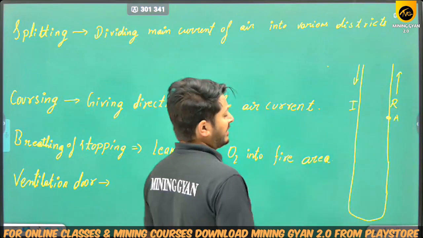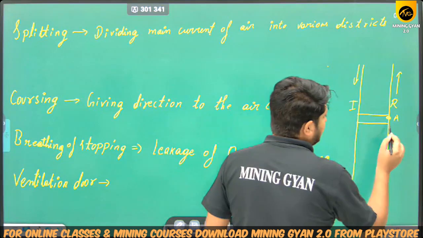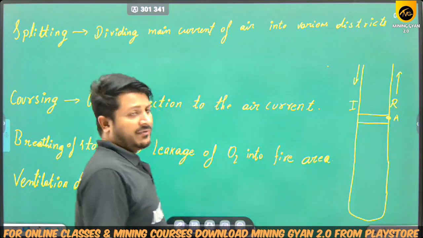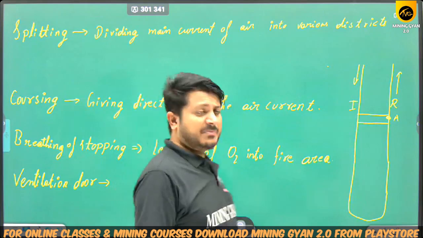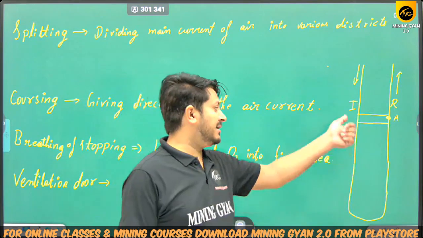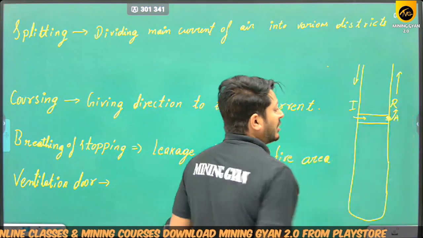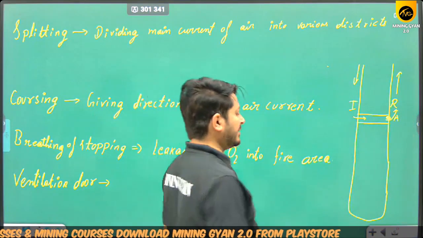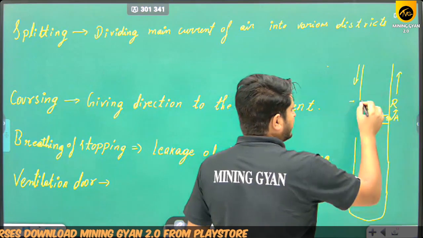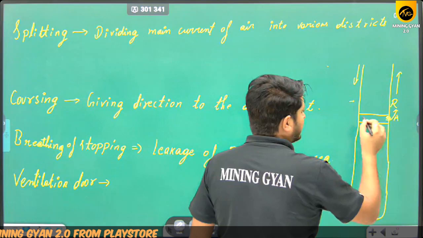So to save our time, we make a connection between the intake and the return airway with the help of a passage. But this passage is not open, because this will create leakage of the air. So to stop the leakage of the air, we have used doors, the normal doors which are used in our houses. Such type of doors are used over here,